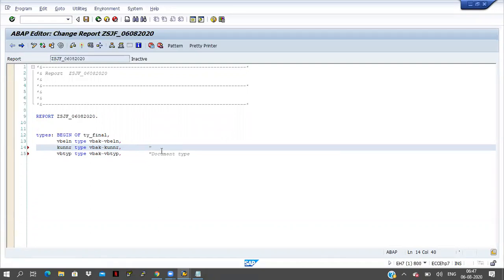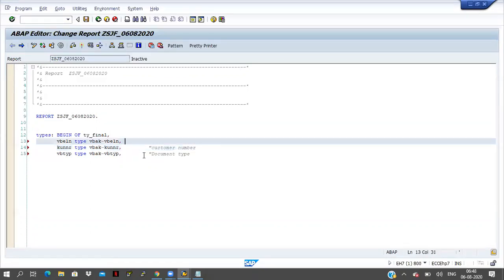If I write comments, it will be better for me. Further, if you get any issue, we can easily understand. This is the document type, and it will be easy to understand for any other ABAP developer. This is the customer number. This is the sales order number.